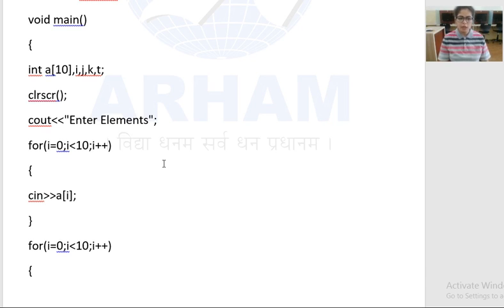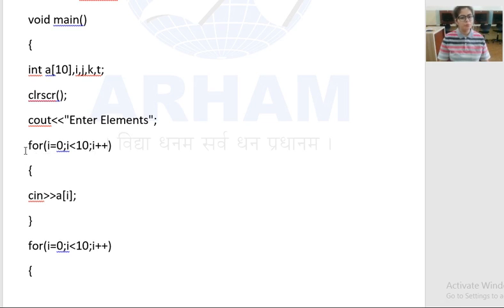array provides us the facility that we can declare it in one word, and we can enter as many numbers in the array as you want. So for these numbers we have to use a for loop. For so many elements we have to use a for loop. So the cout statement will print the message on the output screen that says enter elements. Now you have to enter elements on the output screen, meaning the elements that you want to sort. So you have to give a list of 10 numbers, and for that we have to apply a for loop.